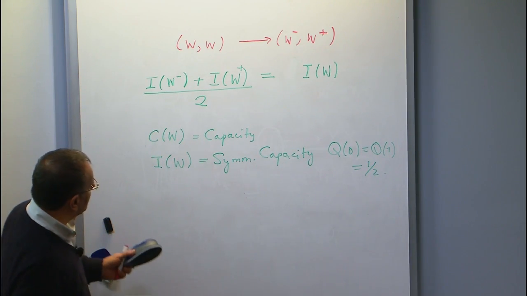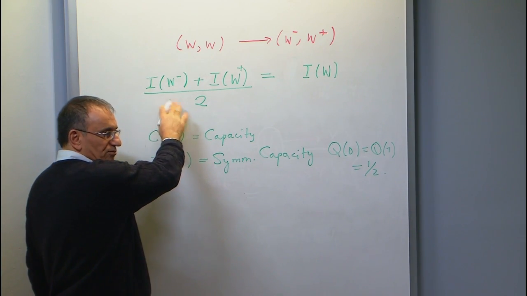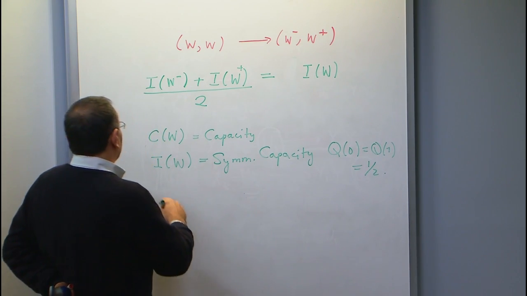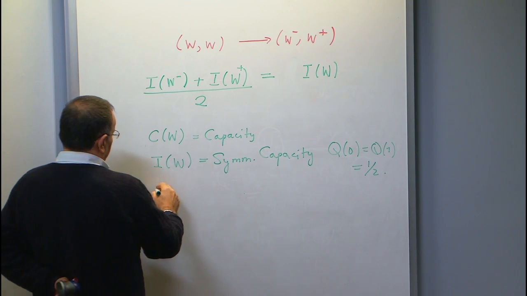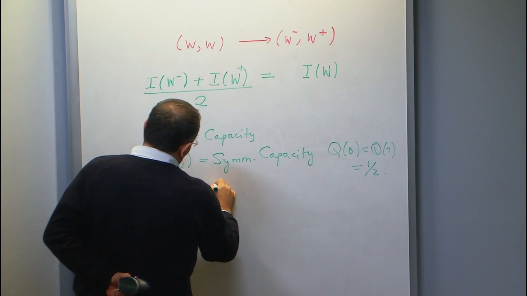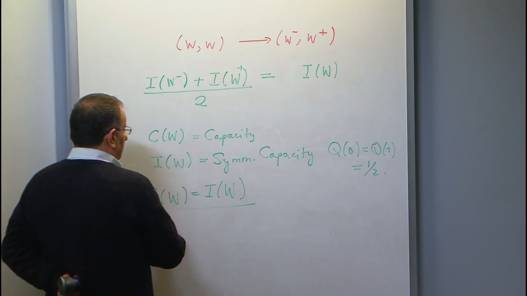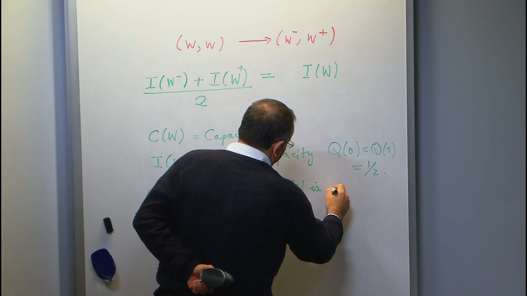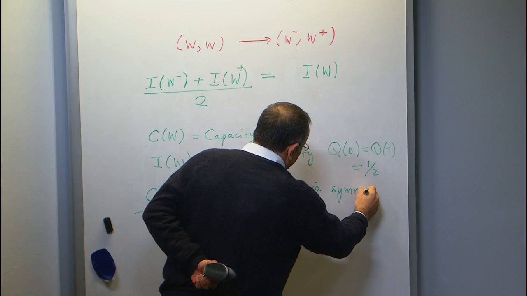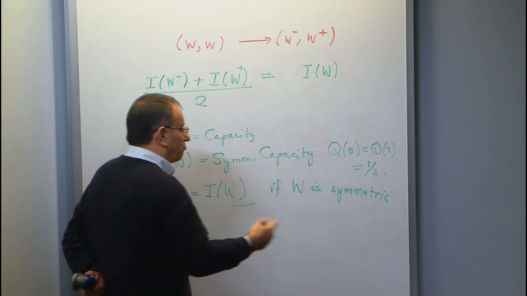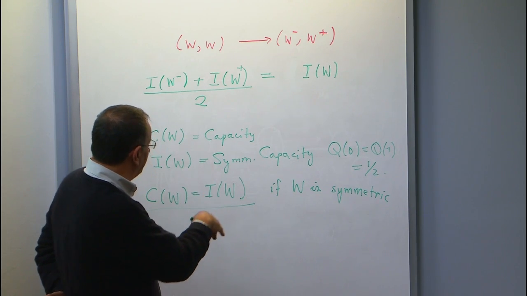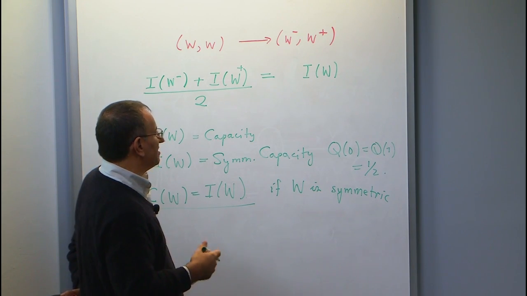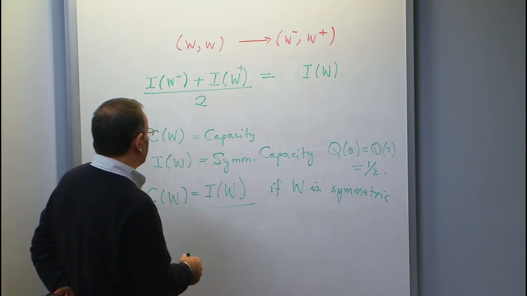Okay, so this is always true, of course. This is the chain rule. I made the assumption that the channel is symmetric, so that throughout this presentation we always have this, if W is already symmetric in a sense, input-output symmetric, it's sometimes called. If it has some degree of symmetry, this is going to be true. So a binary symmetric channel, for example, is a symmetric channel.